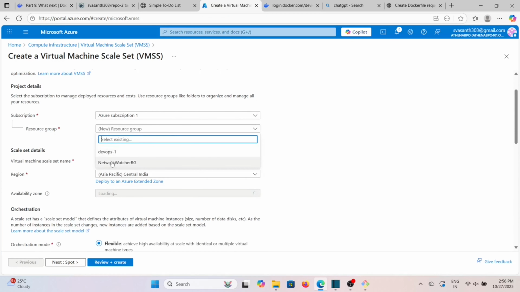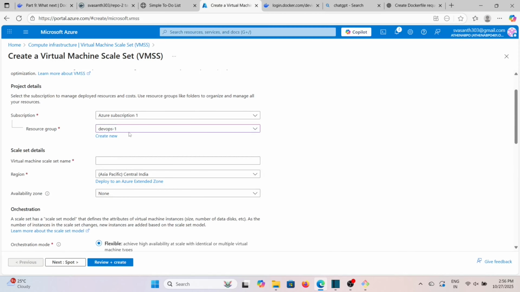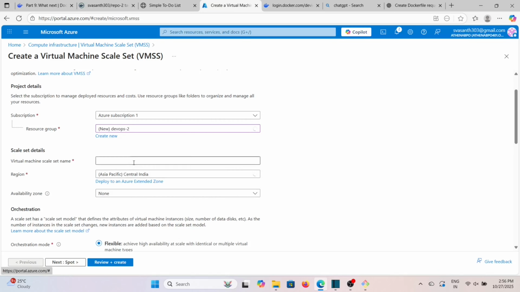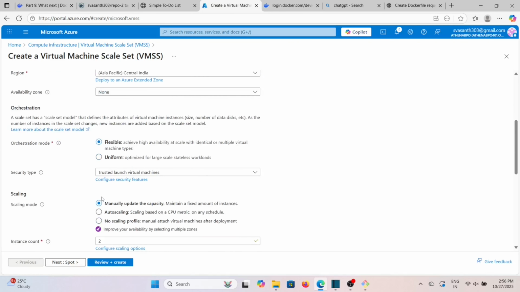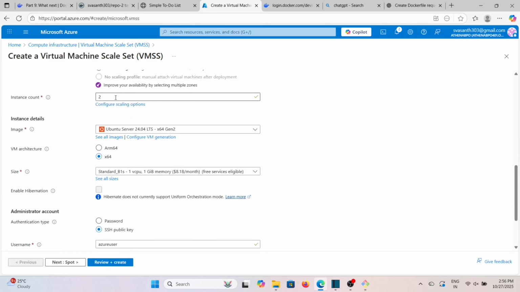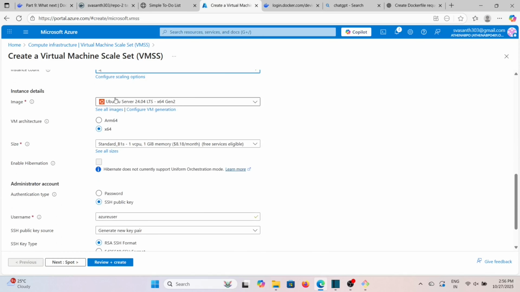I choose the virtual machine scale set, VMSS, so I can deploy three instances in a single click. I choose uniform, instance count 3,